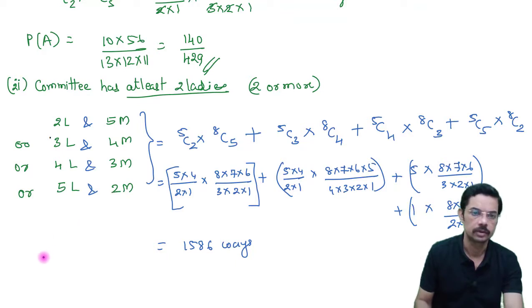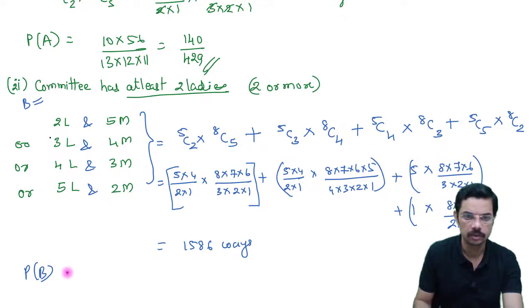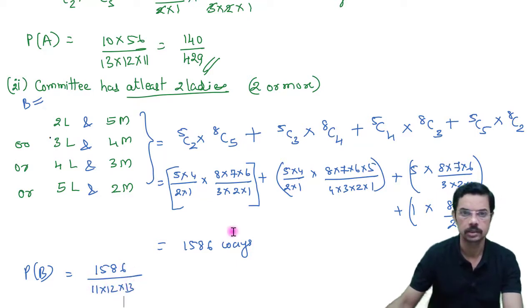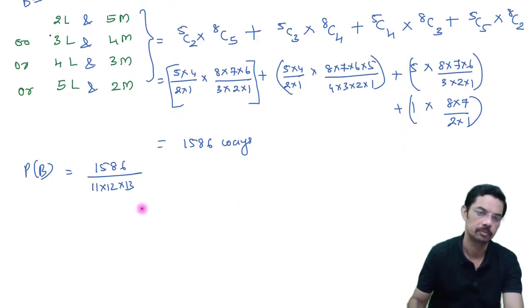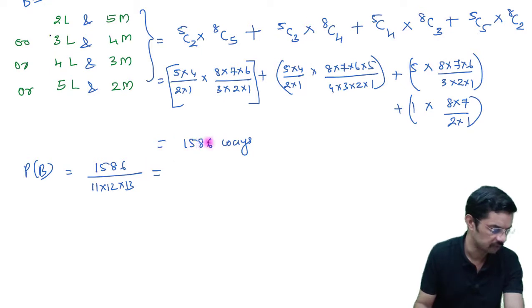Now what we have is the probability of event B. Okay, let me take this as event B. Then B will be equal to 1586 divided by 11 into 12 into 13. That is the total ways, 13 into 12 into 11, total number of ways of selecting 7 people. So this will give you probability of event B equal to 392 after simplification, 392 divided by